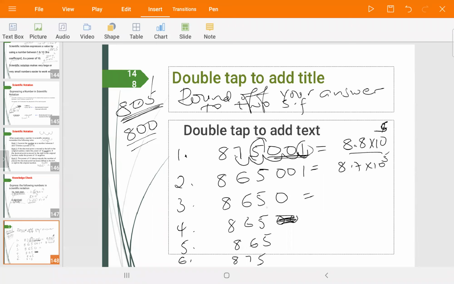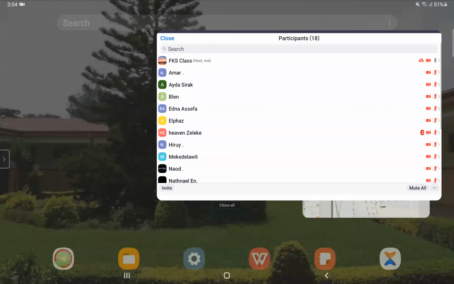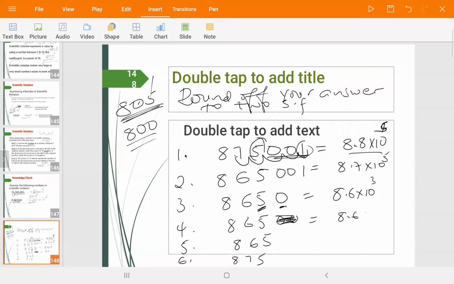Excellent ጎበዝ ስለዚህ this number is followed by 0 only ስለዚህ you just drop it ማለት ስለዚህ 8.6 times 10 to the power of 3 ጎበዝ። እሺ ኤድና። 8.6 times 10 to the power of 2. Excellent ጎበዝ።